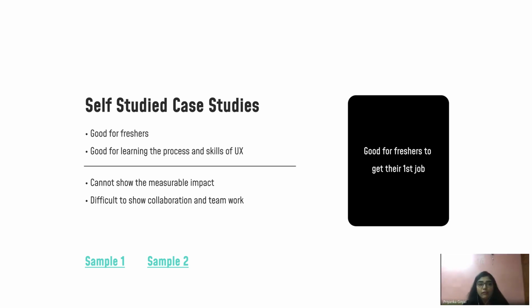If you're talking about self-initiated case studies, the primary three things are your approach, the kind of process you have chosen to complete your case study; the execution, how you are executing that problem statement or solution, which is the UI; and the third is key insights, what you derive after doing so much research and executing a problem. What is your key insight, what have you learned from that? These are the three things that your interviewer will be looking for.